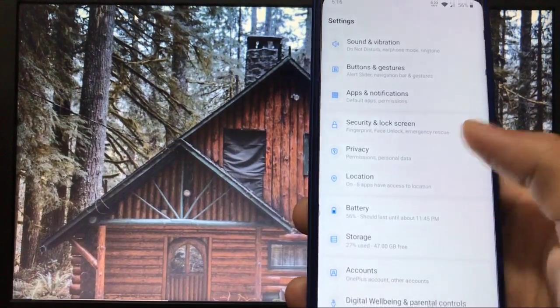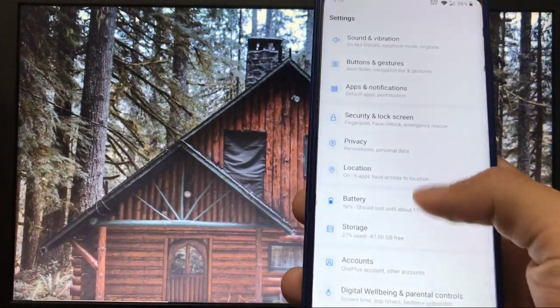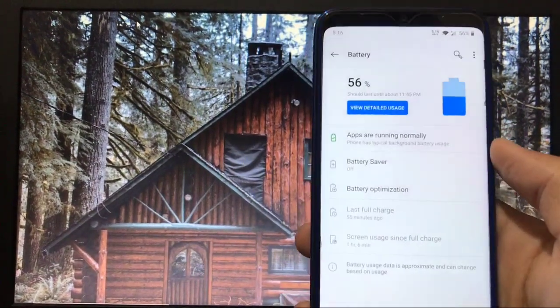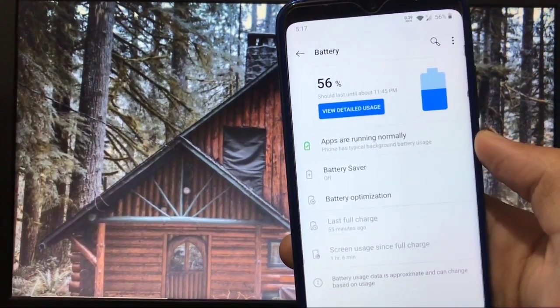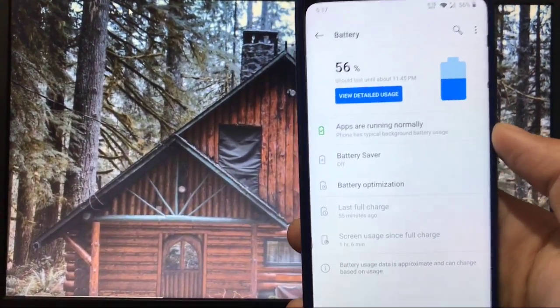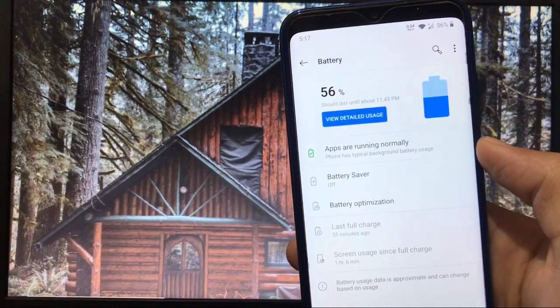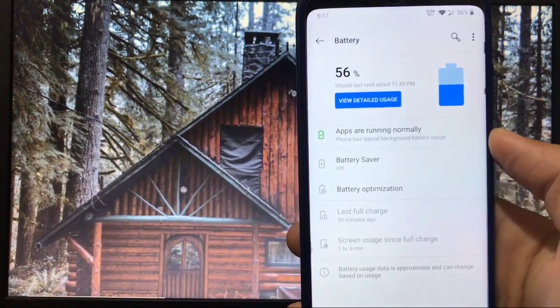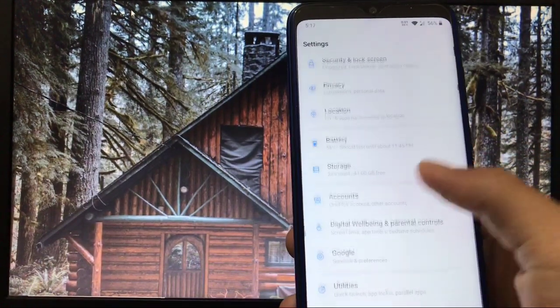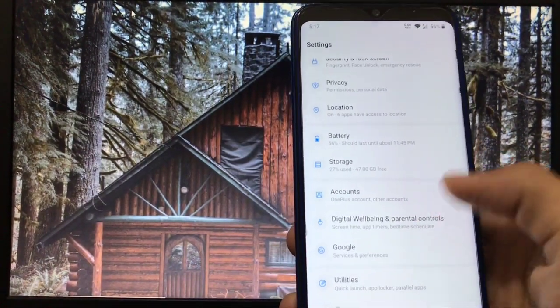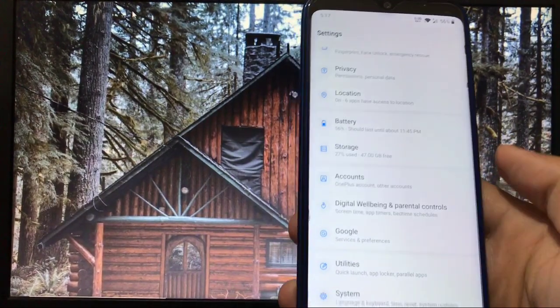Now let's check out some other things. Privacy, location, everything is the same. If we talk about battery backup, as I already told you, if you want longer battery life, you can choose Genome kernel and your battery life will be improved. Battery life is not that bad and not that great, but use Genome kernel and your battery life will be fully satisfied. With that, accounts, digital well-being and all other things are almost the same.